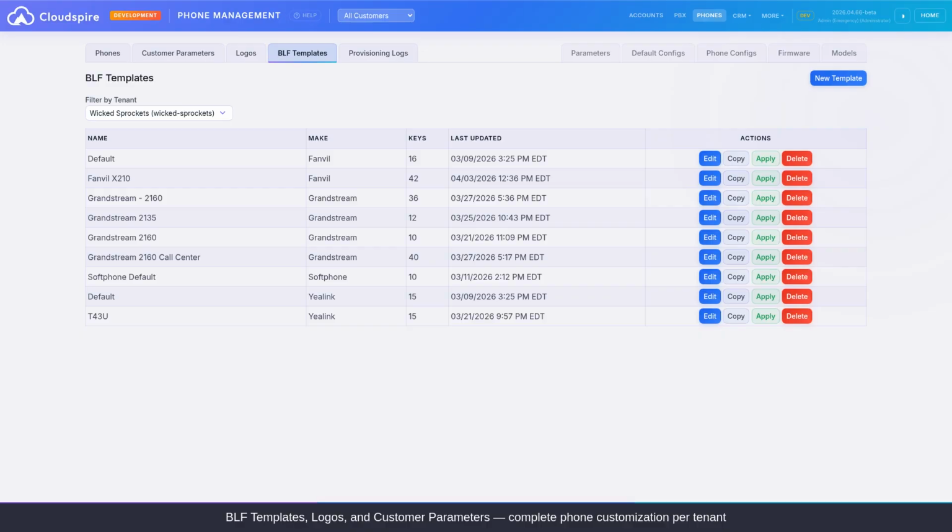All three features work together through the provisioning proxy. When you change a template, upload a logo, or modify a parameter, phones pick up the changes on their next check-in, or you can push them